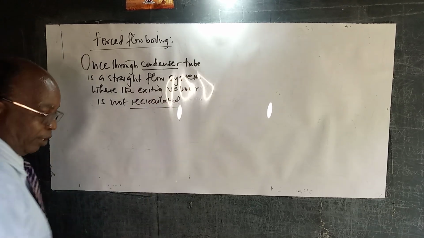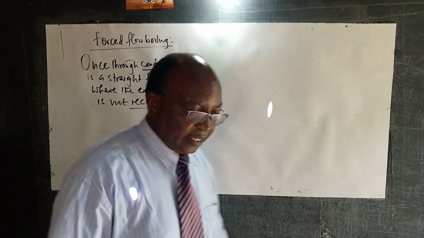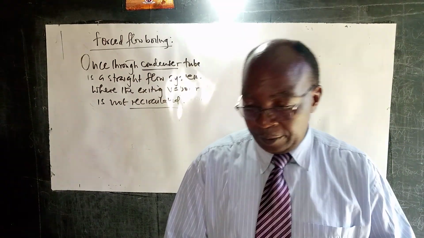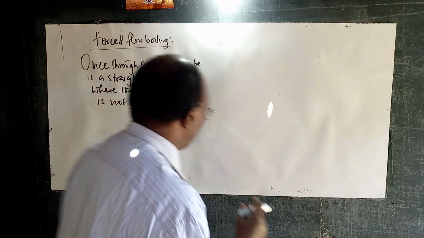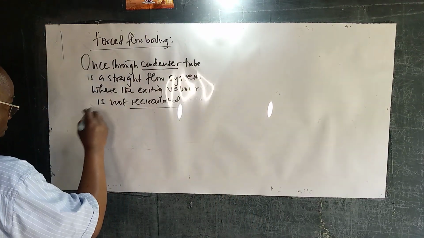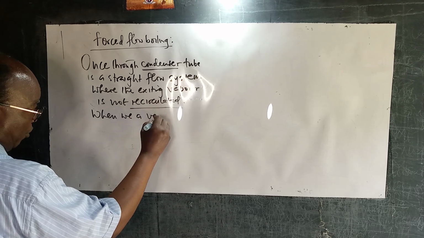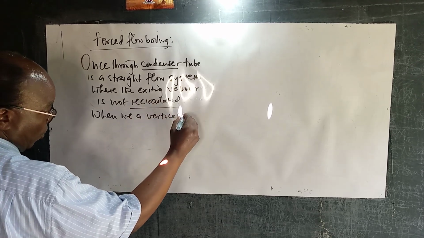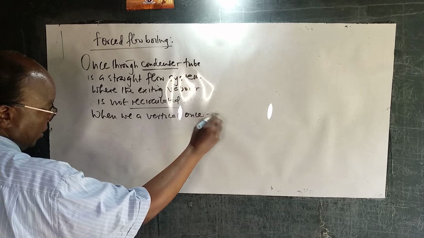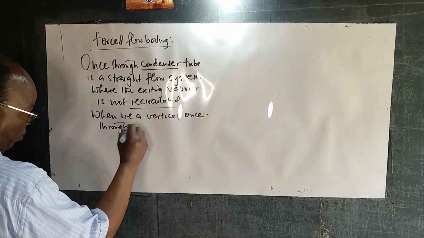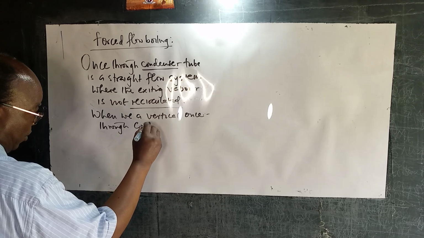So we don't have recirculation there. Let's just note that when we have a vertical once-through condenser tube,